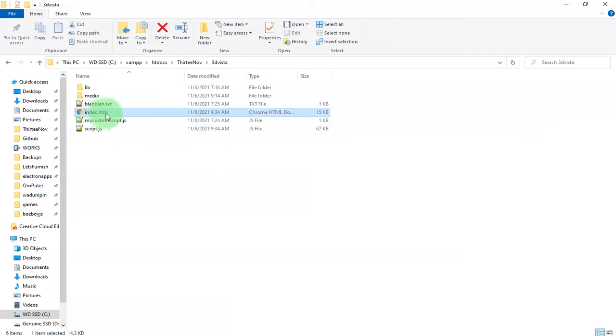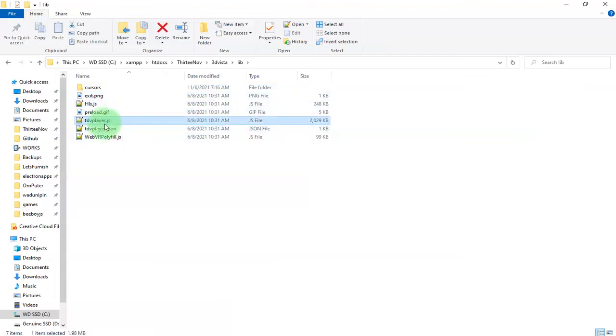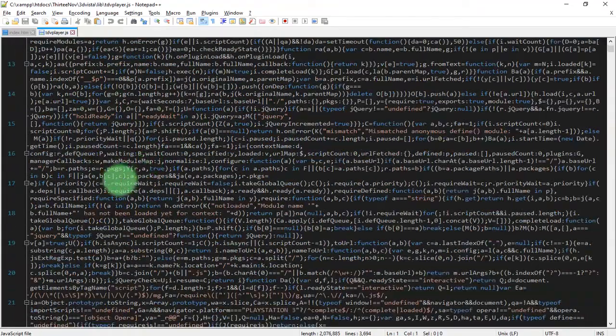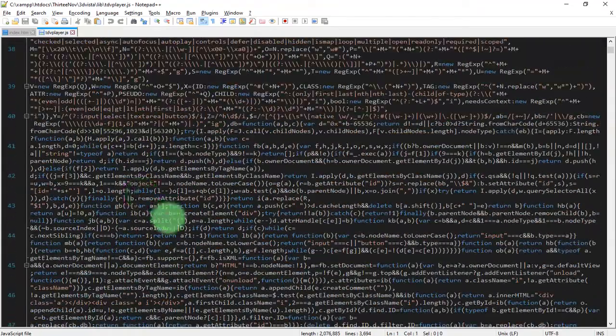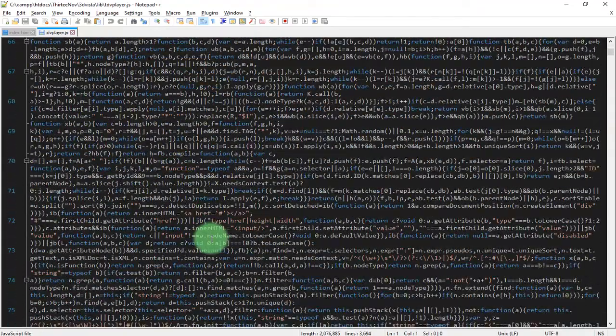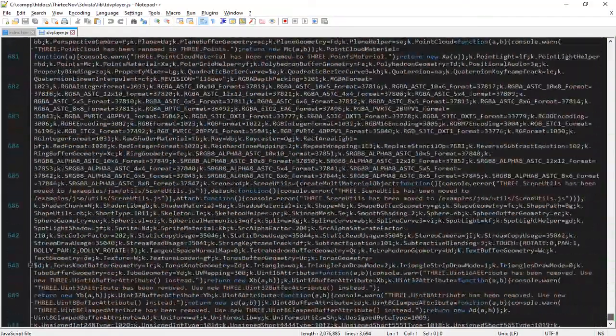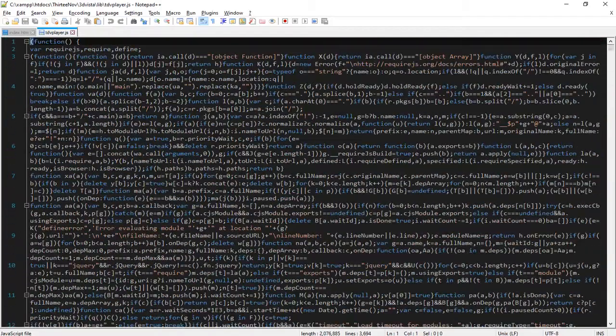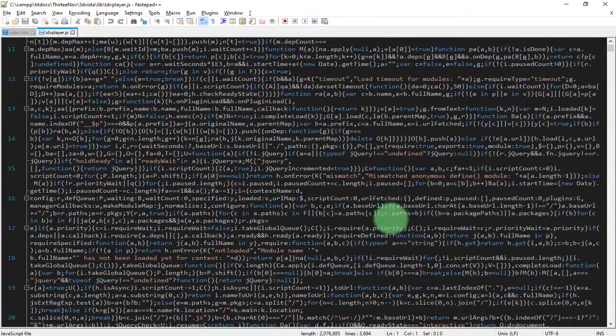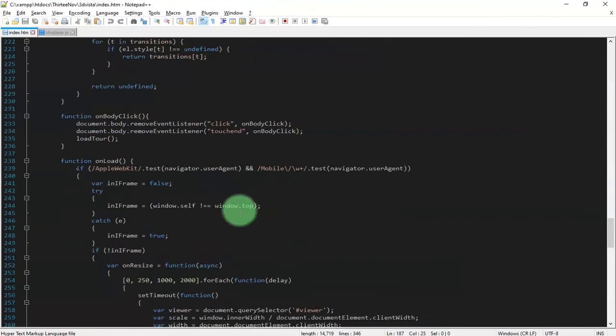We have this index.html file and also we have this 3D V player, but I think this is very hard to figure out from this JavaScript because it is minified and so horrible to read. I don't know if you can do it, but I don't think I can.